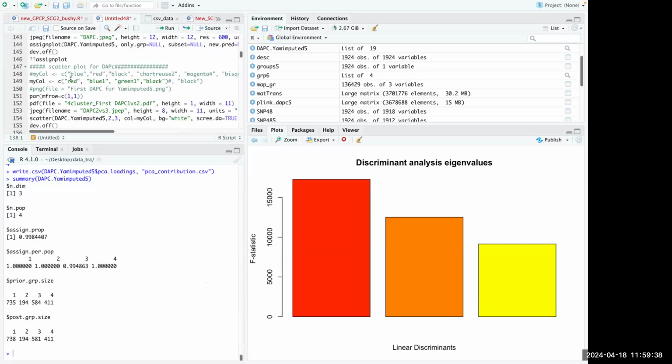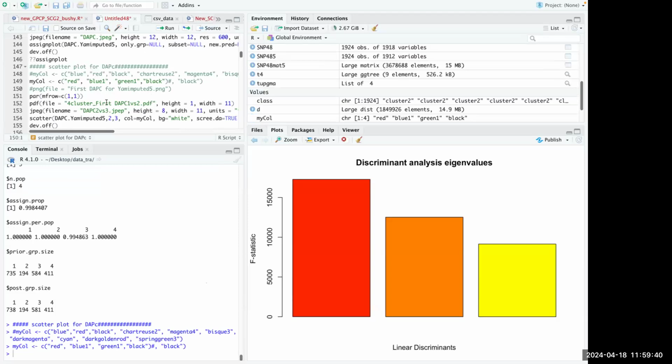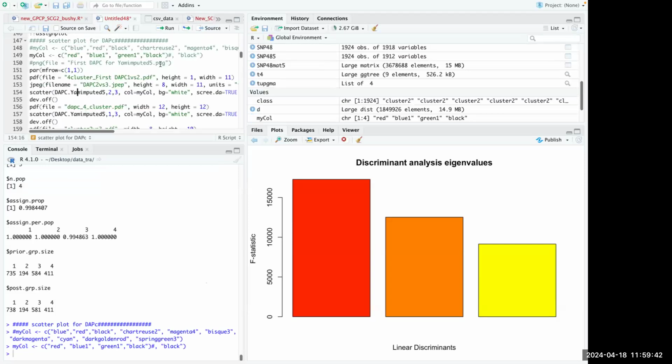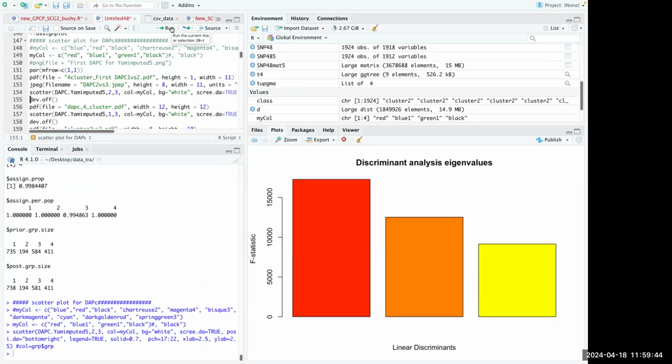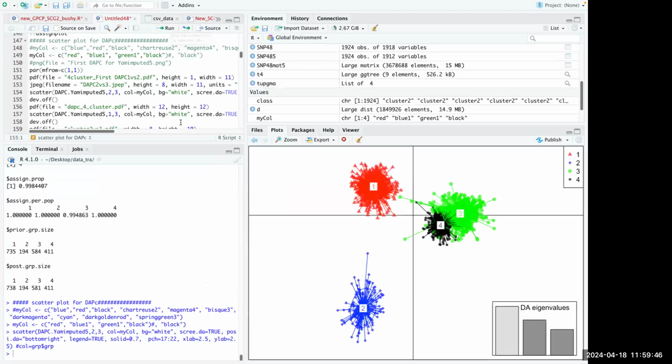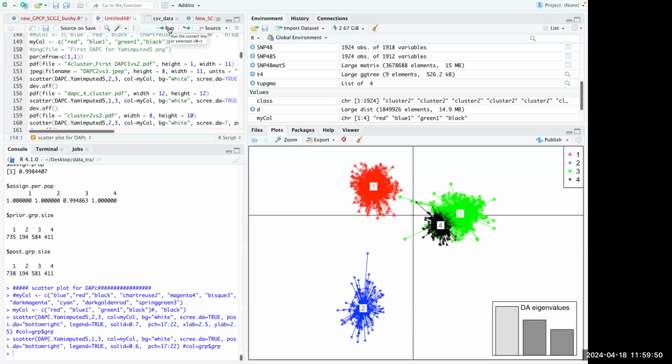So my color, let's see how it will look. So I can just plot this one then. So yeah, this is how it looks. So you can change it for different